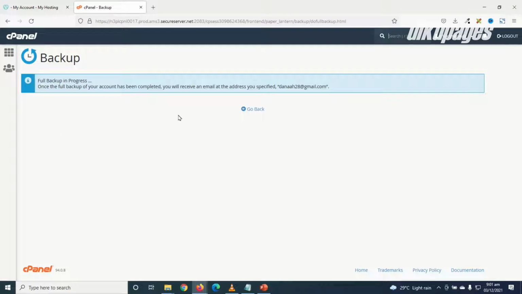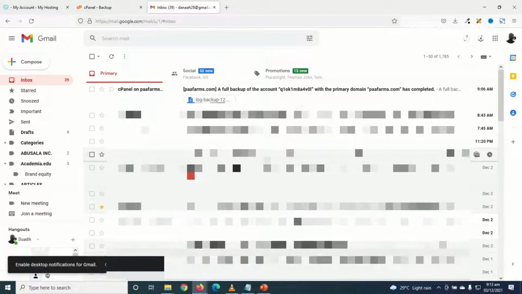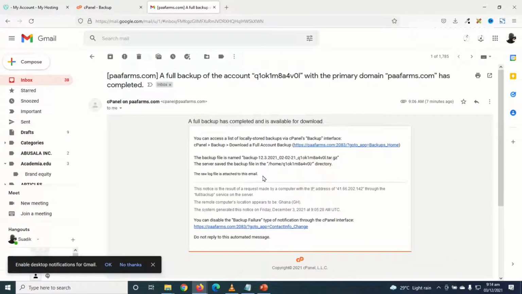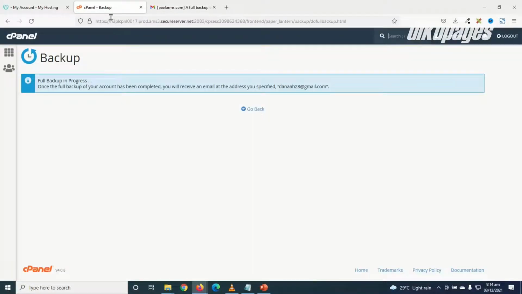Now full backup is in progress, and once it is completed, I'll receive an email in the email address I've specified. So now I need to wait patiently for the completion email. Now my email has arrived. It took a couple of minutes. I just go ahead and click on it to open. And in here, I can click on this link to take me to the backup, or I'll go back to my cPanel, click on back,